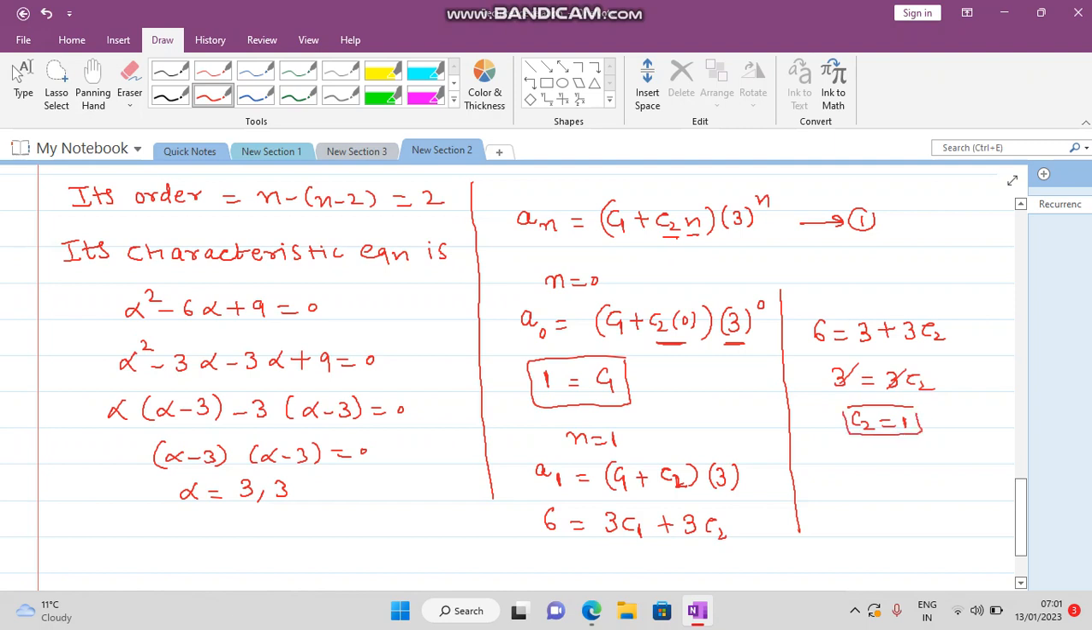Now after finding the values of C1 and C2, use these values in the equation. Therefore, from equation 1 we get a_n equal to, C1 is 1, so (1 + n times C2, which is also 1) into 3 raised to the power n. This is the solution of the recurrence relation. Okay. So more about it will be discussed in the next